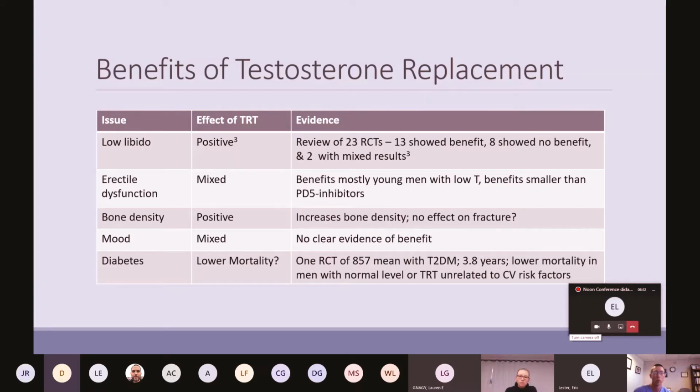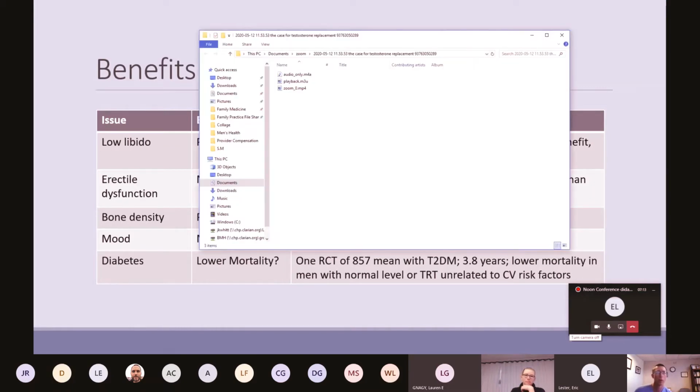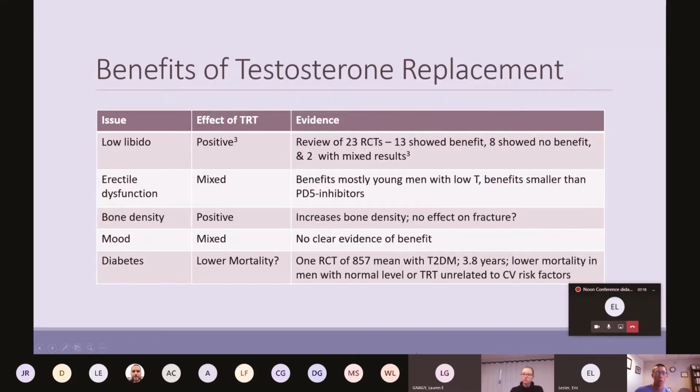But we do know from a meta-analysis of 23 RCTs that the majority of them show benefit on libido and sexual function with testosterone replacement, although as you can see, not every trial showed positive benefit. The benefits for erectile dysfunction are even more mixed. For bone density, there is some evidence of positive increases. Some studies show increased density for the hip, but not the spine. There really are no studies that show a conclusive decrease in fragility fracture, but we do believe that it increases